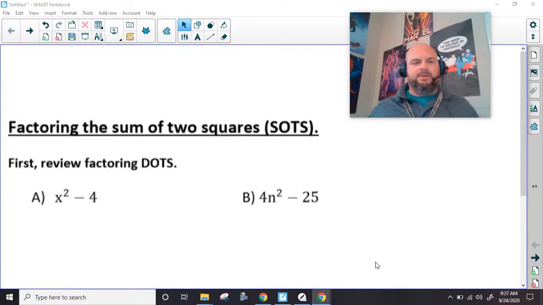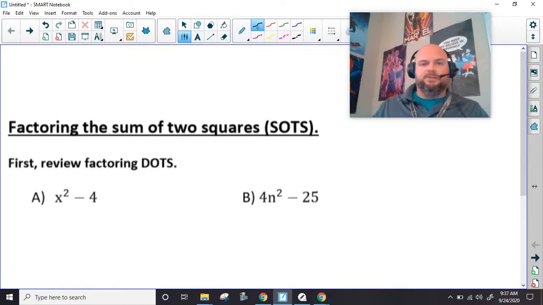So today we're going to be factoring the sum of two squares, or SOTS, as I like to call them. This is because they're very similar to the difference of two squares, and for those that have had me before,